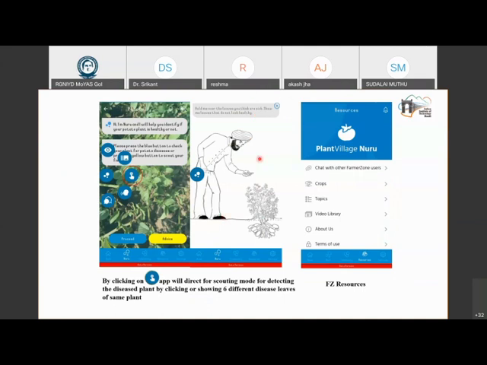What happens is we have given this pictorial representation for the farmer. This is a farmer from Punjab. So this flashes on the screen of the farmer. He knows that he has to stand close to the potato plant and then take an image. We have built that into the app now. So when you take the phone to the plant and snap an image, in real time, using our app, it tells whether the disease is there or not.